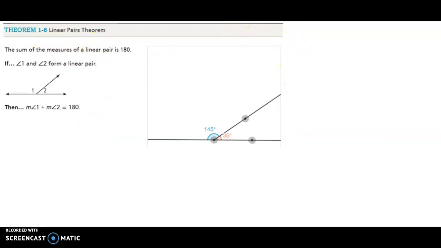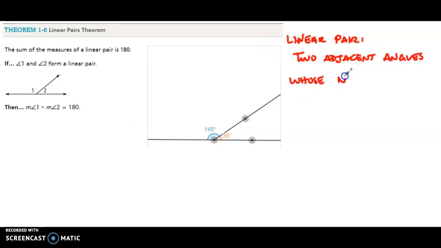Now, first we need to talk about what linear pairs are. So let me just define a linear pair off to the side over here. A linear pair would be two adjacent angles. Adjacent angles mean they have the same vertex and they share a side. Two adjacent angles whose non-common sides, so the sides that they don't share,